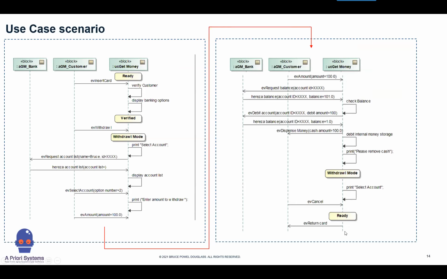From here, they can cancel and return the card. So that's a scenario. You can see there are lots of branch points. What happens if I can't read the card? What happens if they select something other than withdraw? What happens if they